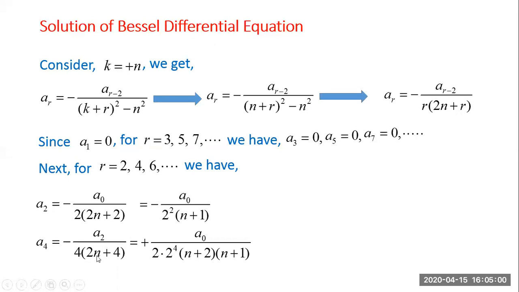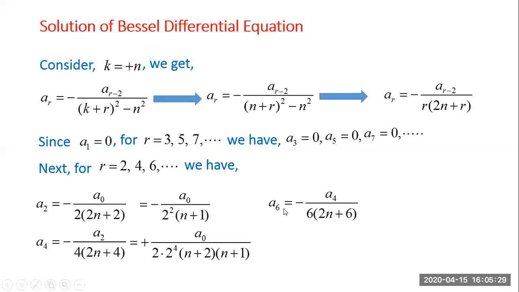Here in this bracket take 2 common, I write that 2 separately, 2 into, so remaining is n plus 2 and this n plus 1. So I don't write 2 to the power 5. This 4 is 2 square and this 2 square is 2 power 4. From this bracket, I get 2 common, so I write that 2 here. So leftover term is n plus 2 and this n plus 1. So this is the value of a4 in terms of a0.